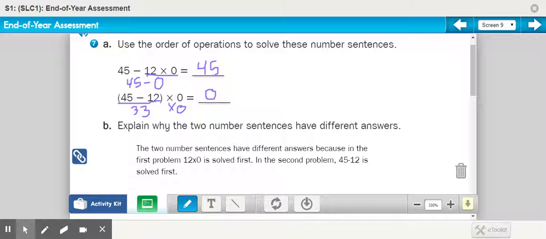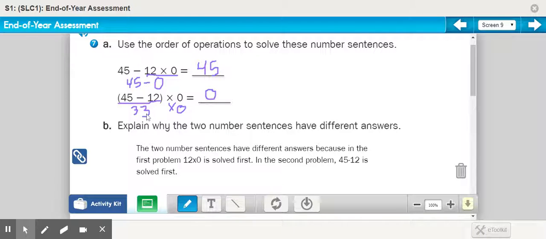We are continuing our work with 7A. So I just completed the first number sentence in 7A, and now I've worked on the second one, which is 45 minus 12 times 0. So looking at this problem, I would do parentheses first, and so 45 minus 12, that gives me 33, so